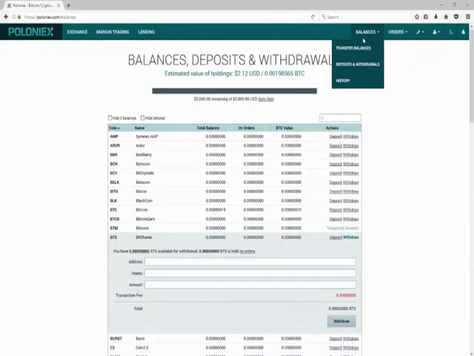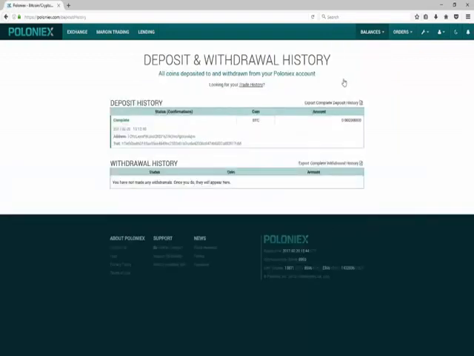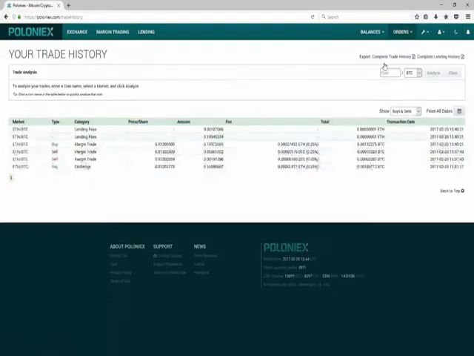And then you can also look at your history. It shows the deposit withdrawal history. I can look at trade history and analysis. It'll just show me all the trades that I just took. So if you need to calculate, you can look at it by dates and you can add your coin and such. So if I were to look at Ethereum